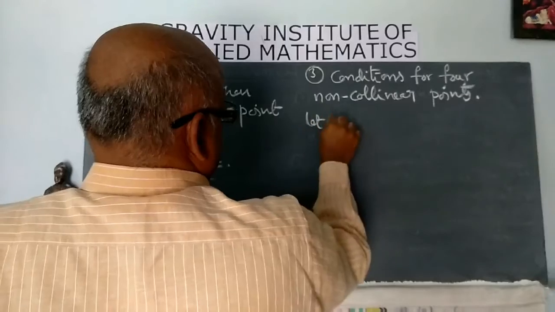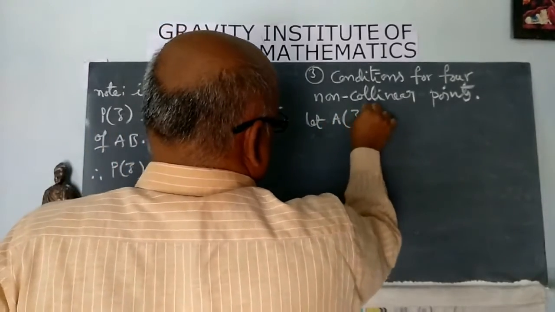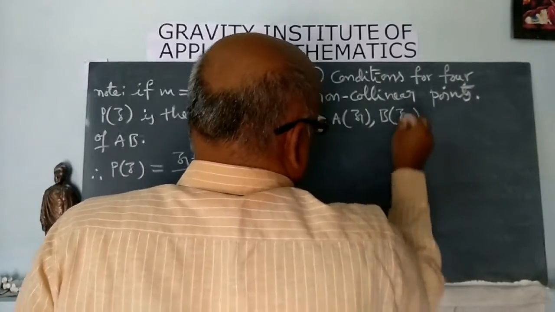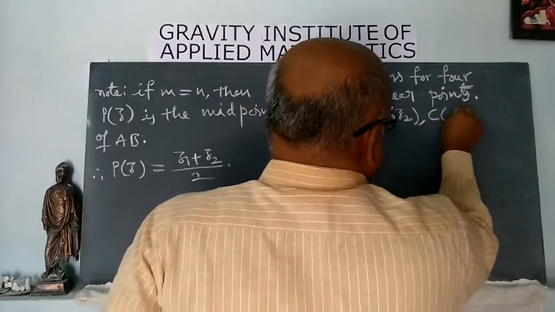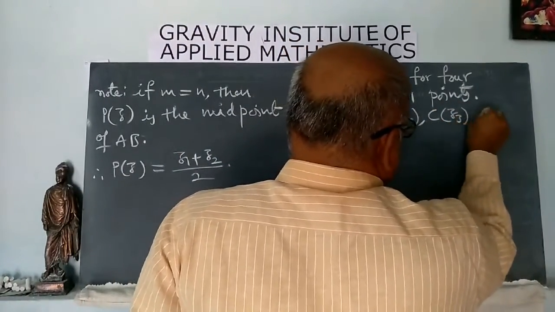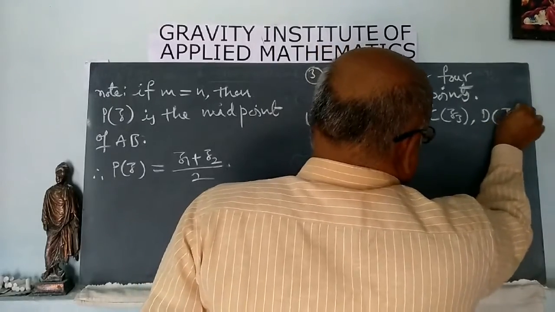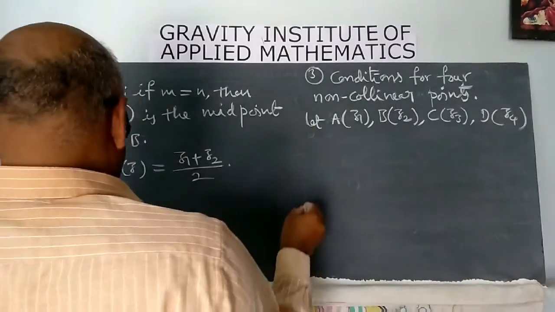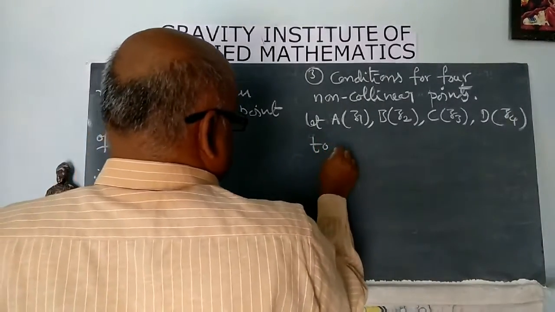Let A of Z1, B of Z2, C of Z3, D of Z4 represent vertices of a